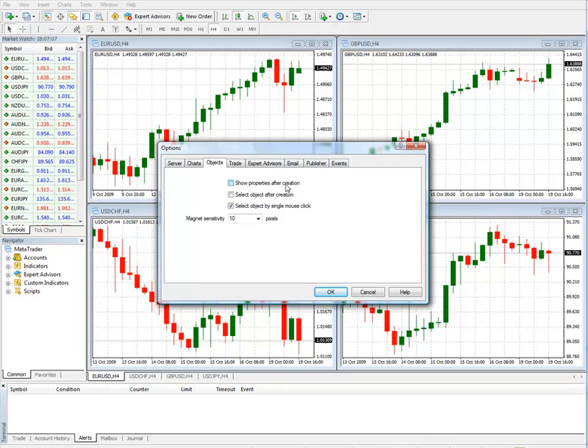So we can show properties after creation just by clicking that. I leave that open. You can select the object after creation. This is handy when you want to move an object immediately after. You can select the object by a single mouse click as well. And this is particularly handy too, rather than having to double click on the object and then move it from there. Here, where we speak of magnet sensitivity,